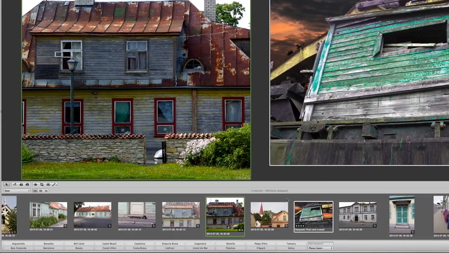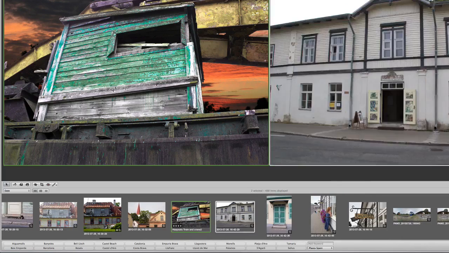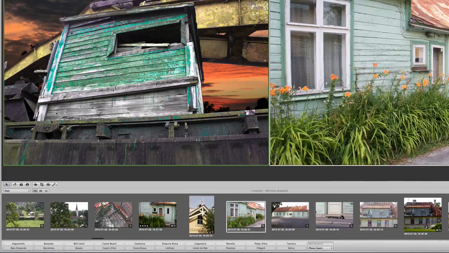Okay, so when you've been going through your photographs and you've decided that instead of having the one that's on the left at the moment as your compare photograph, you want to select it for another one, as you can see, what we can do is just press the Enter key, and now that is our select or compare photograph. And then once again I can go through this here and choose other photographs to compare against that one that's